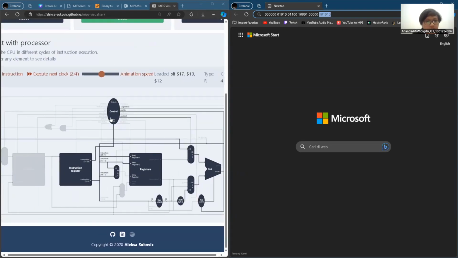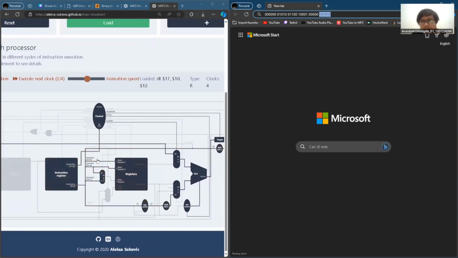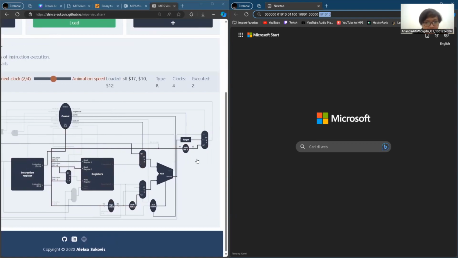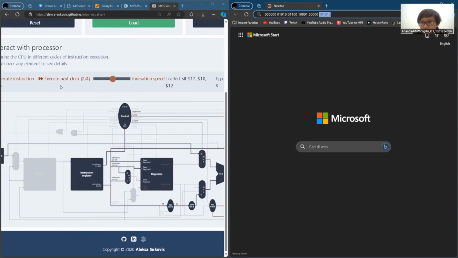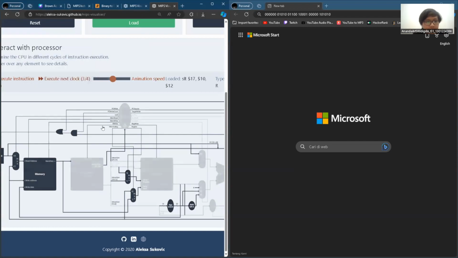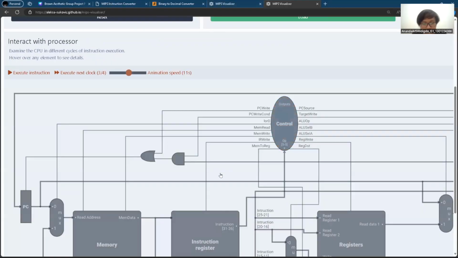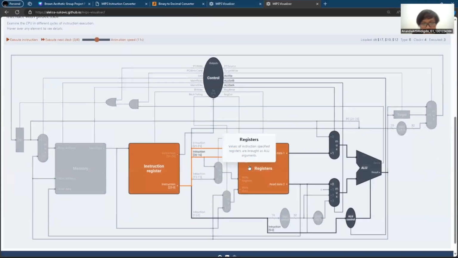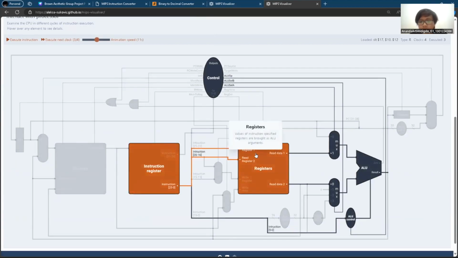Okay, so the control unit also controls this step to perform the parsing, and I think these components too. We can move on to the next step, which is, I think, the execute step. Let's wait for it to load first. Okay, so it is on the third step, the execution step.